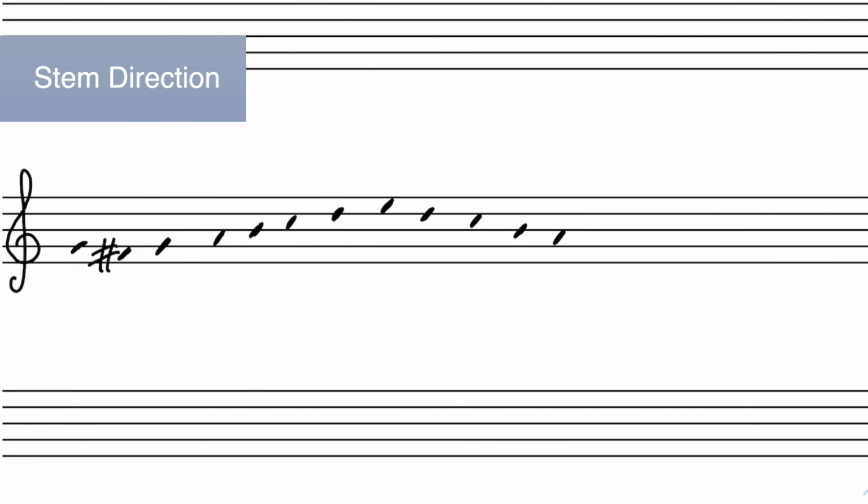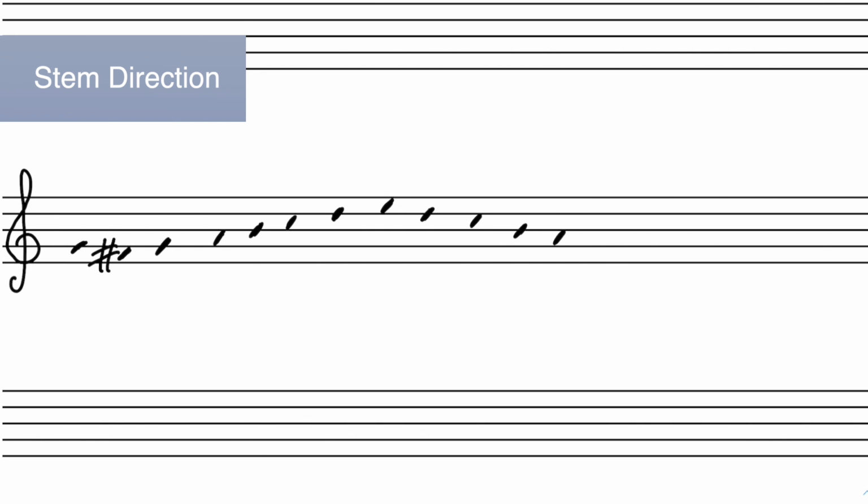Now, when you look at that middle line of the staff, sometimes you'll see the stem pointing up occasionally, but in most cases, we're going to point the stem down on the middle line as well as all the notes above. So you'll run into plenty of situations where you have notes that you need to beam, but some of the notes within the beamed groups are below the middle line, other notes are on the middle line or above. So which way do you put the stems when you have a mix of notes above and below the middle line in a group? Well, it turns out that this is a situation where majority rules.